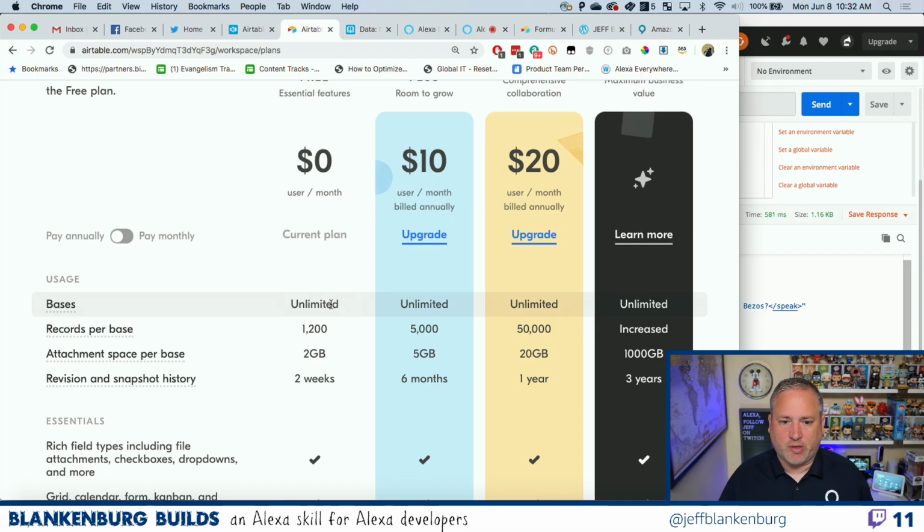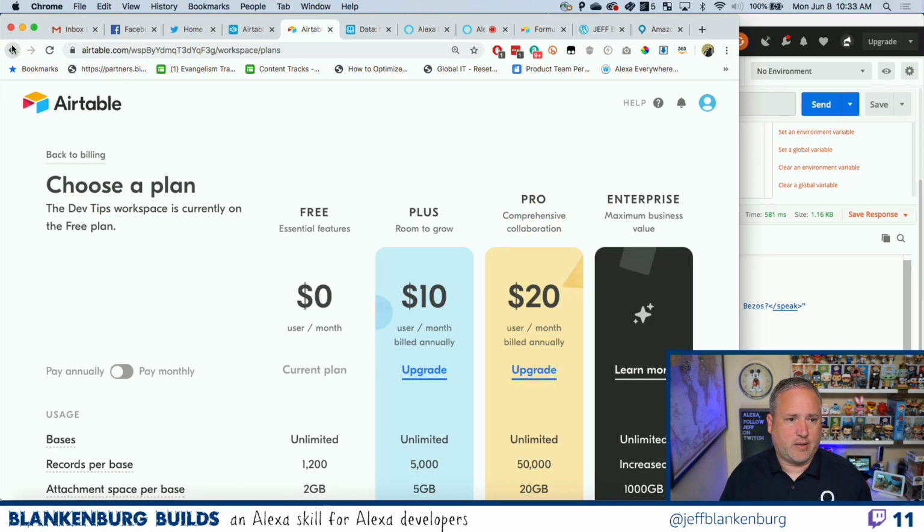Since we have so much data, I'm trying to get back to this tier. Now there is going to be a point not long from now where this skill actually goes to production, and I'm going to have a team of people working on it. At that point, I will pull the trigger and upgrade, because I think Airtable deserves every dollar they're asking for. I can't justify it yet, because I'm just in the build process. But once the app is up and running and people are using it, I should definitely be paying them for access to what I'm using it for.